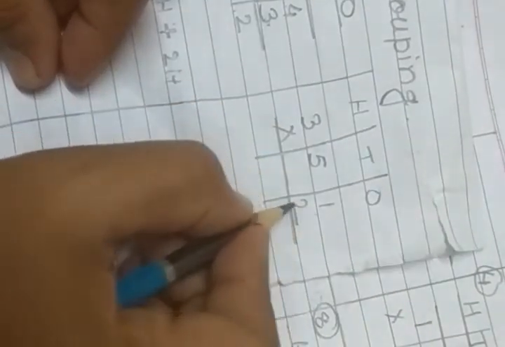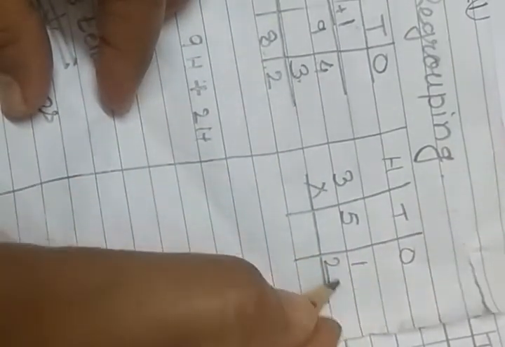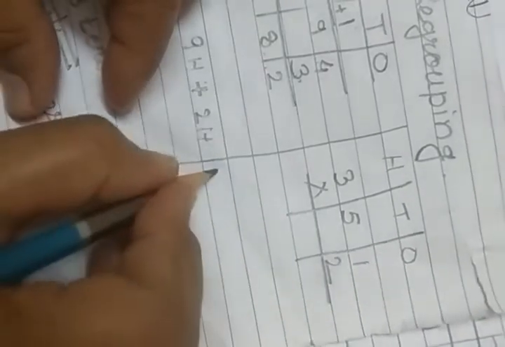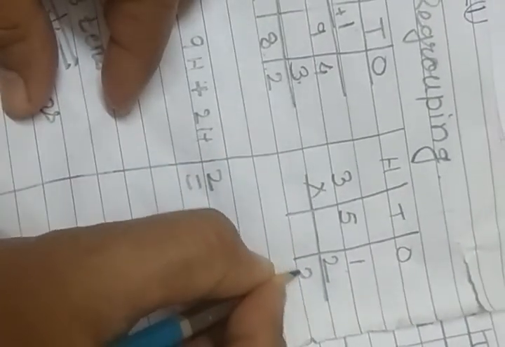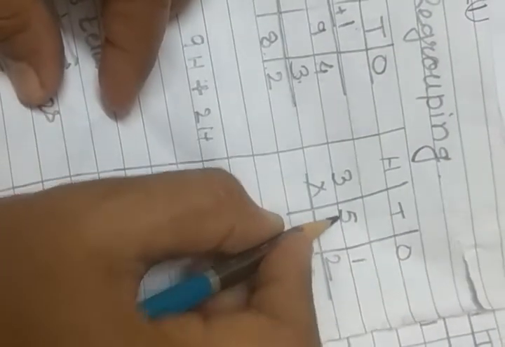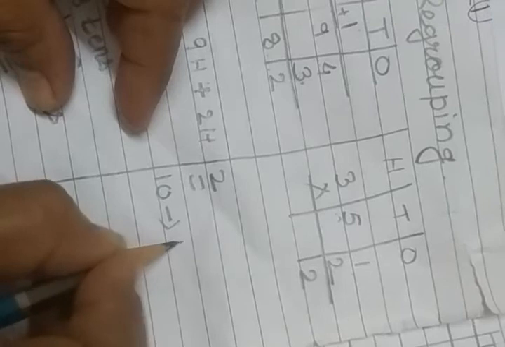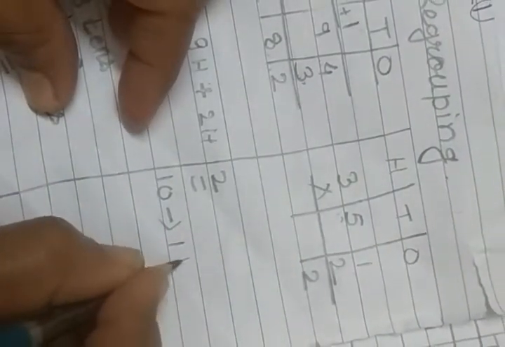Now we will solve the next example. Here 351 multiplied by 2. First multiply ones. 2 ones are 2. 2 is a single-digit number, so we will write it below the ones. Now multiply tens. 5 twos are 10. 10 is a 2-digit number. 10 tens means 100.